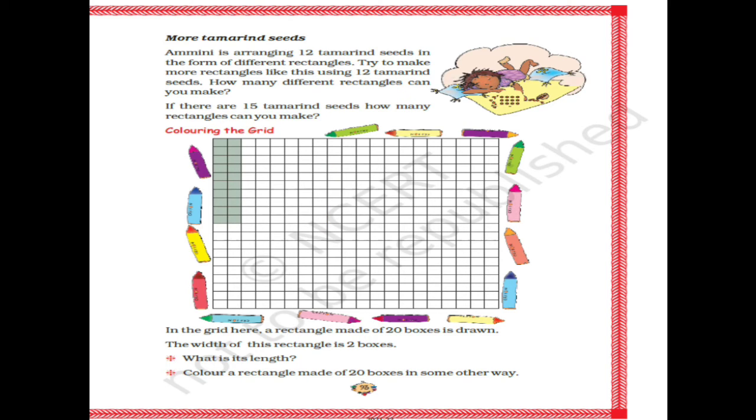Suppose I make box like this. Suppose for width I have selected 4 boxes and for length I have selected 5 boxes. So if you will count these boxes, it will become 20. Let's count 1 2 3 4 5 6 7 8 9 10 11 12 13 14 15 16 17 18 19 and 20. Yes, there are 20 boxes. So similarly, you have to make other rectangles too. Now let's see ahead what is given.